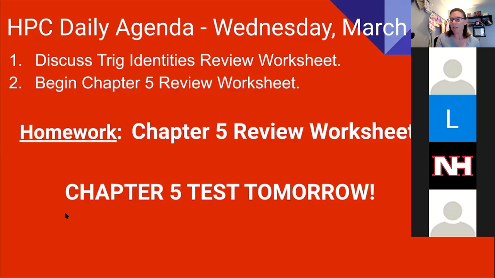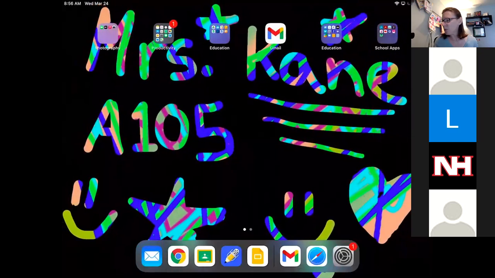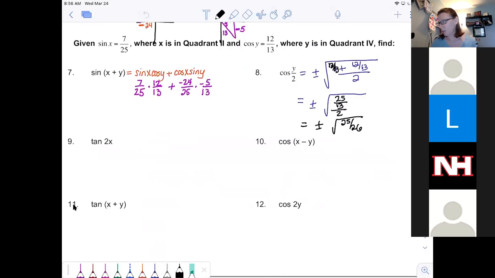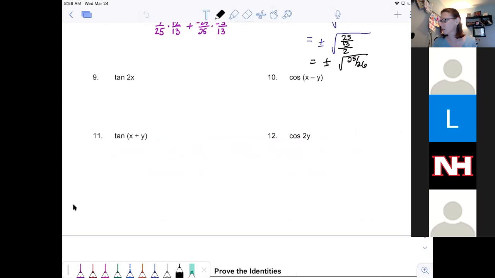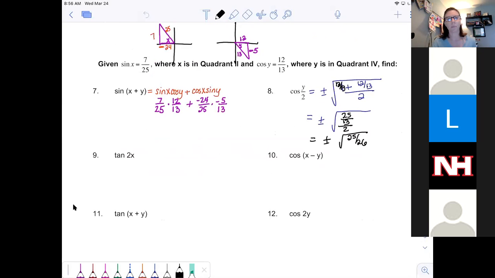So let's look at the review worksheet. And I'm going to briefly talk about number 8. And then I had 14, 15, and 17 that I thought we would look at. But number 8,